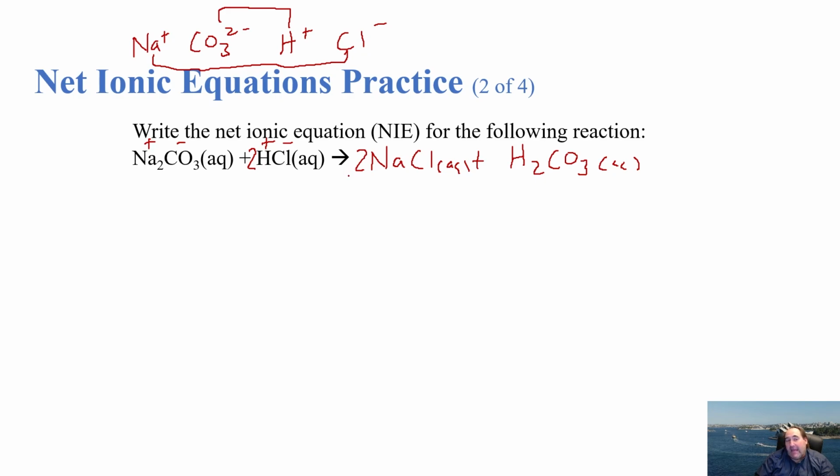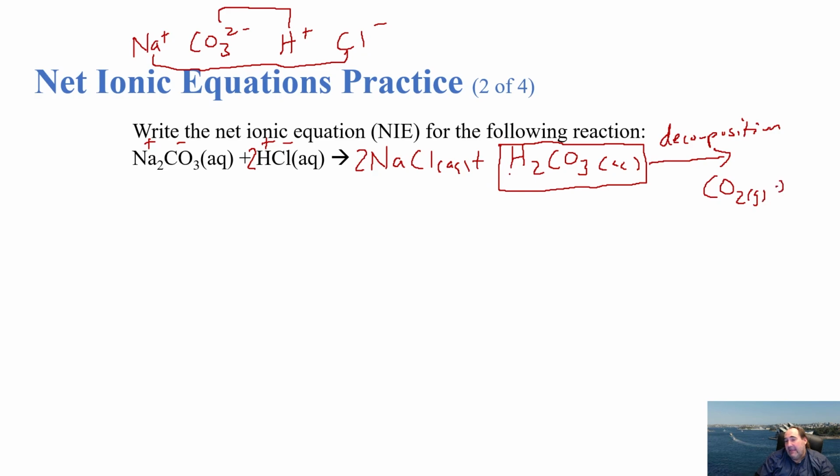And that is because this is actually a double displacement reaction where we will produce a gas indirectly. What will actually happen in this case is this carbonic acid will not stay around long at all. And it will go through what is referred to as a decomposition reaction. And it will actually form CO2, which is a gas, and water. So this guy will actually break apart into CO2 and water, which means we could write this reaction as